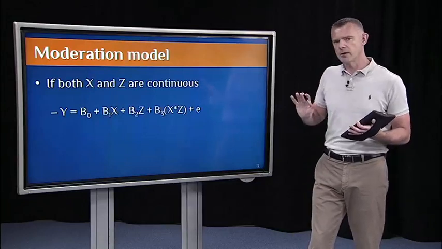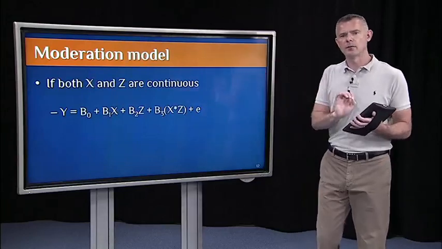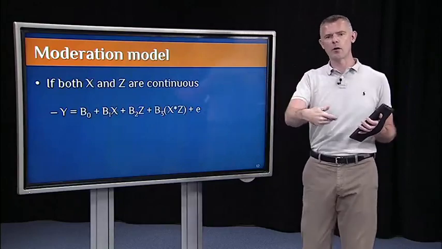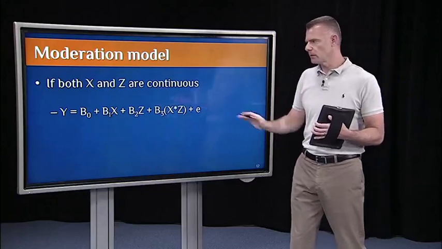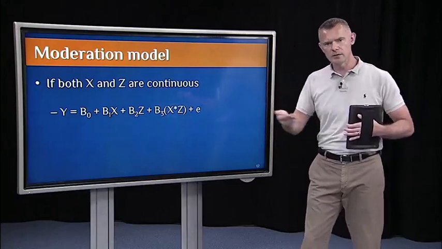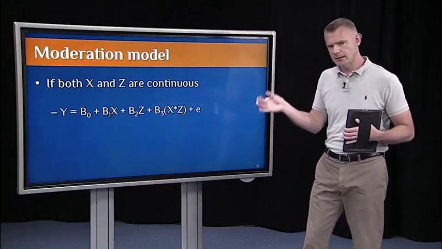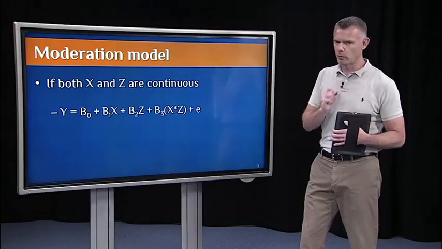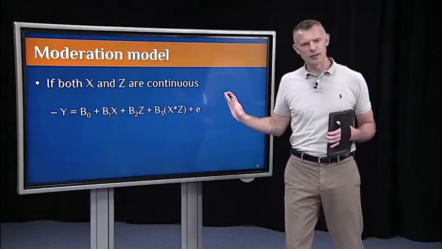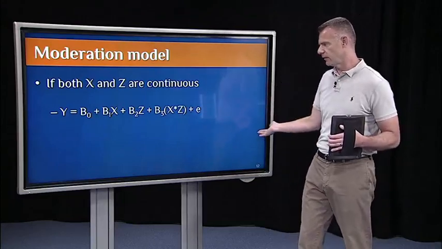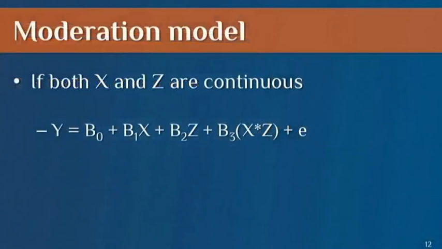So let's look at the moderation model, or how do we set up the regression equation to test for moderation. I'm going to show you this two ways. First, if both X and Z are continuous variables, then it's actually a little easier than the example we're going to do. I'm going to give you the hard example. So if X and Z are continuous, then it's just this. We have two predictors, X and Z, and then we take the product of X and Z,